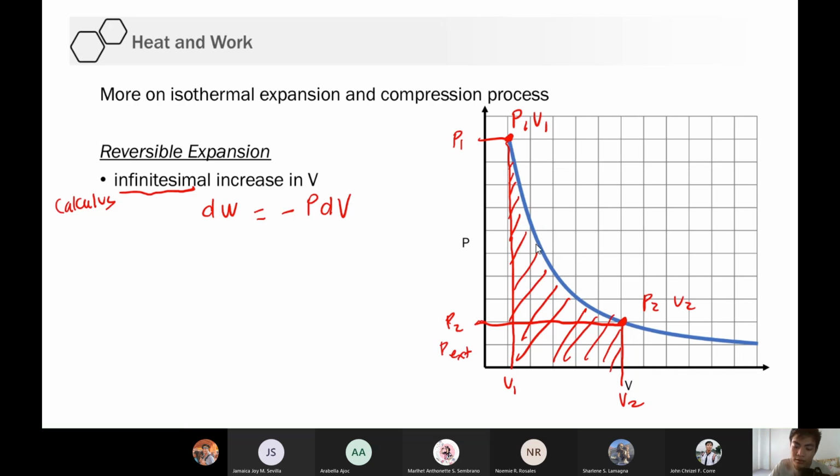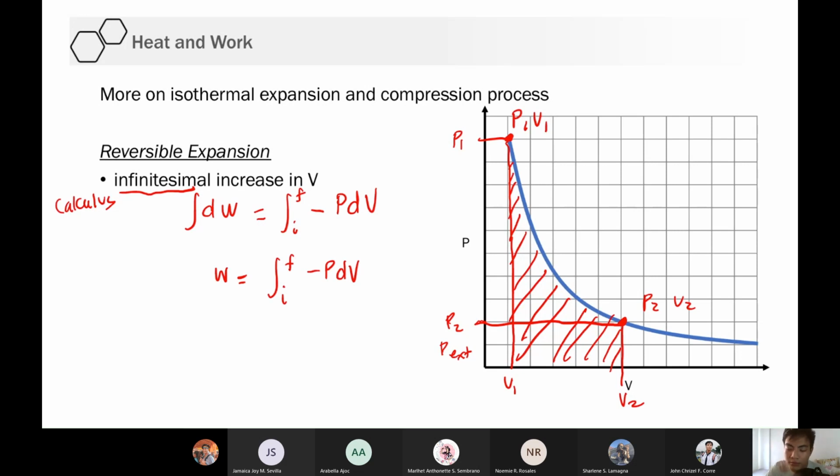So, to get the area under the curve, you have to integrate this. May integration. Familiar na ba sa integration? Kung hindi, okay lang. Kasi dadaanan lang naman natin yun. So, if this is from initial to final state, yung dW, initial to final state then, which is just W. Ngayon, how will we integrate this, no?